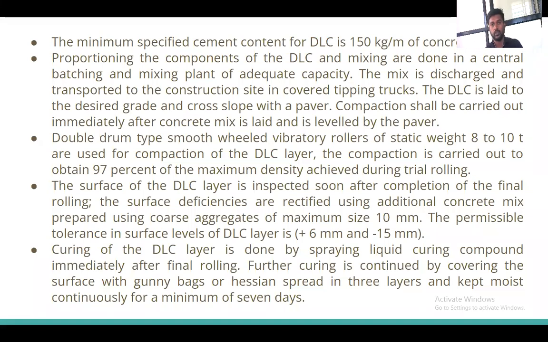While doing the compaction, we should achieve 97% of the maximum dry density.